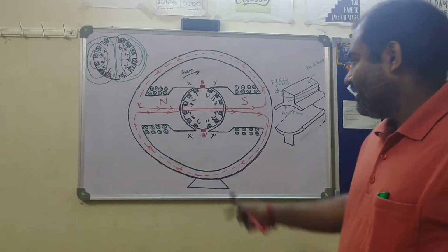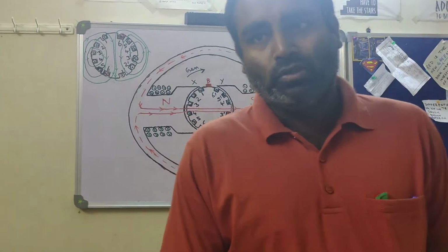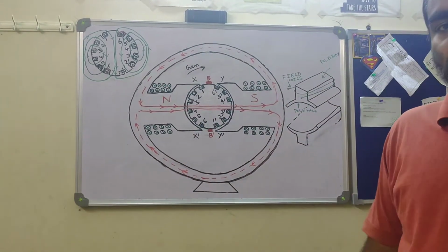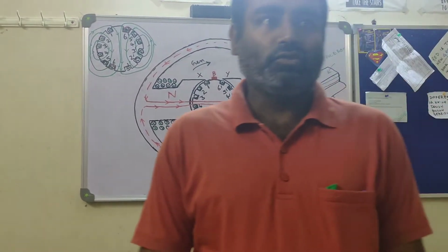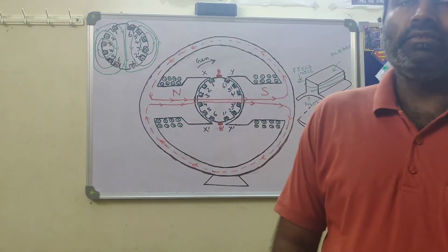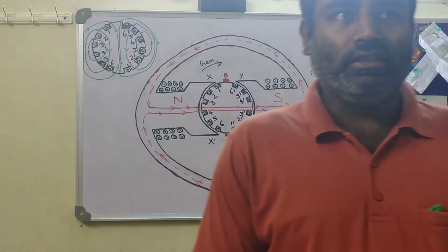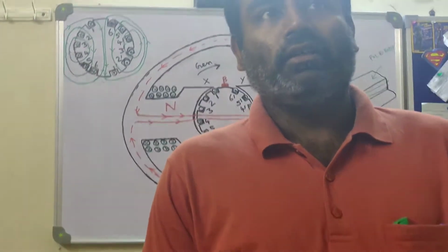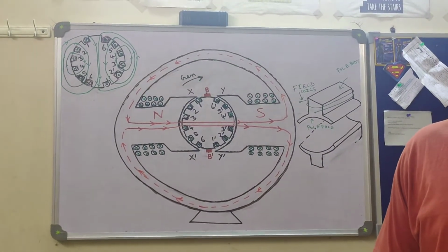For that I have taken a 2-pole DC machine. Again I would like to say why I have not taken 4-pole or 6-pole or 8-pole: this is because there is no confusion between electrical degree and mechanical degree. All of us know that theta electrical is given by P by 2 multiplied by theta mechanical, where theta mechanical is the mechanical degree, which we can see with our bare eyes, and P is the number of poles. So I am taking the number of poles as two, so that electrical degree and mechanical degree are the same.